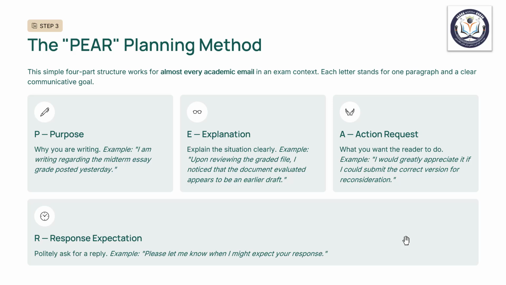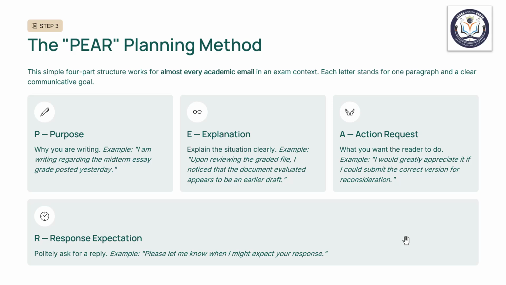Second, explain the situation as requested in the bullet points. Explain clearly under what condition you are writing the email. Third, explain and mention what you want the reader to do or the action you want to request. Write them. And finally, write a response expectation at the end as well. So these are the four important parts of